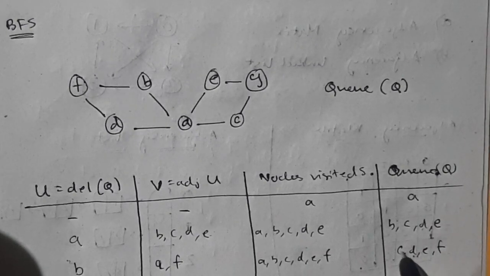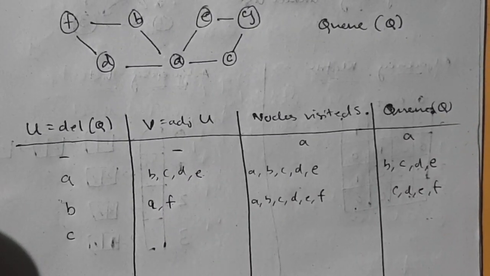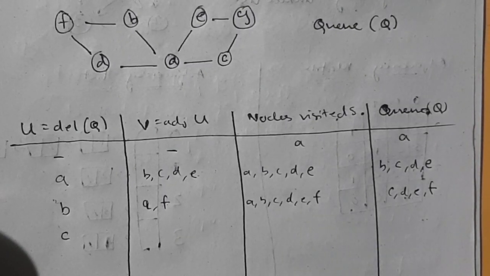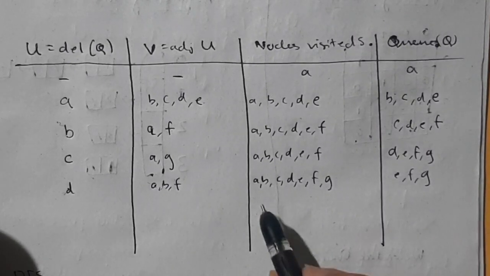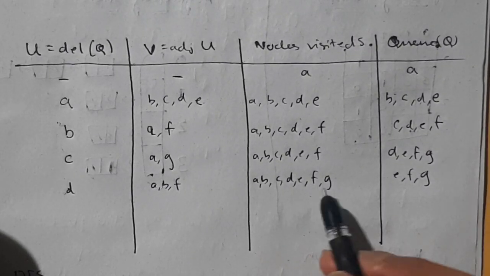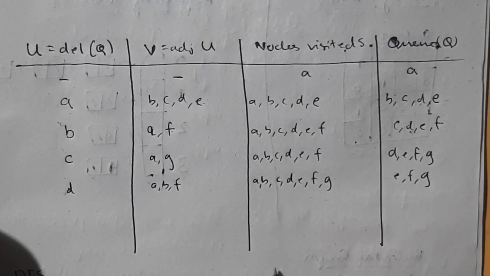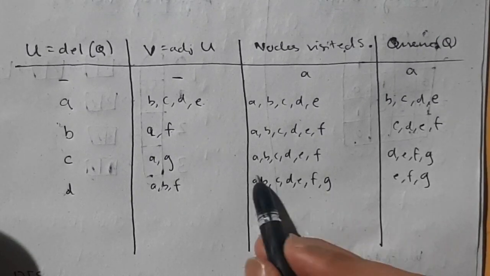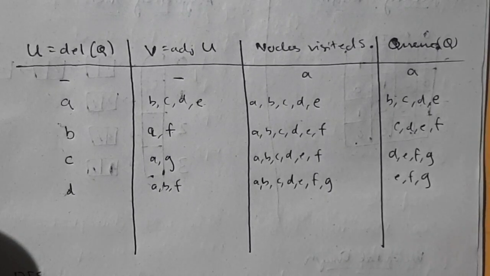In a similar fashion, you will now take C and do the same, and when you continue till the end, you will get the result at last. At last, what you get will be the BFS. See, after some point you will have all the nodes visited, but still you need to continue writing. E you will take here again and write that one. This one will be the same thing. Okay, so in the exam, if you don't have time, you can just stop at this point and write this. Don't waste your time continuing, as you can lose marks that way.